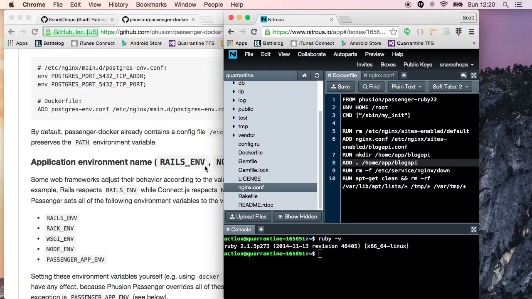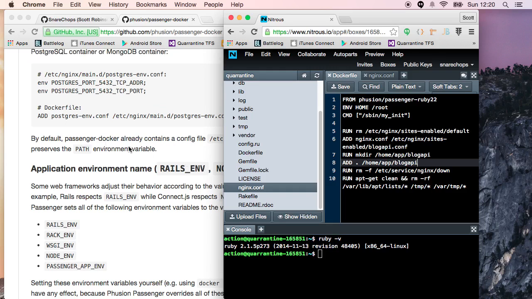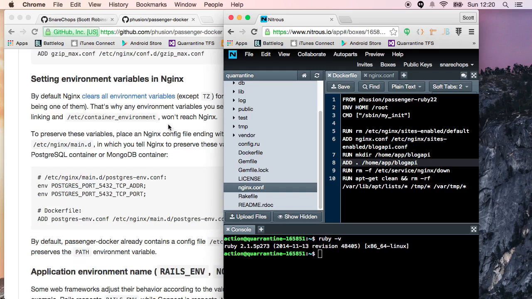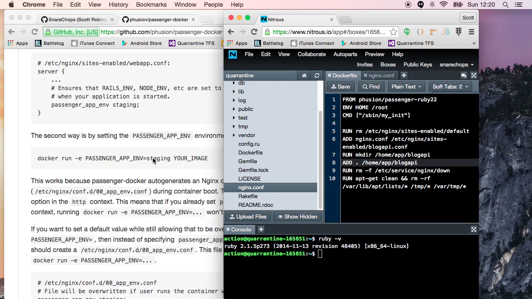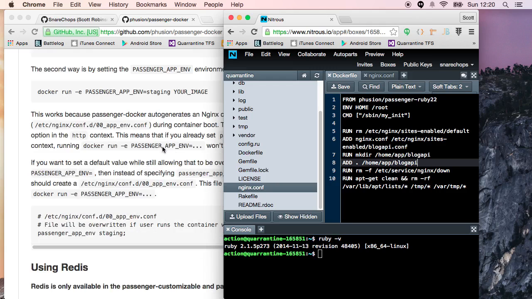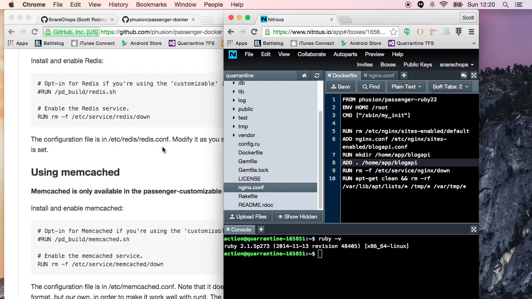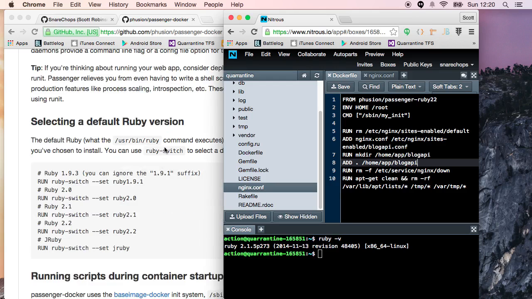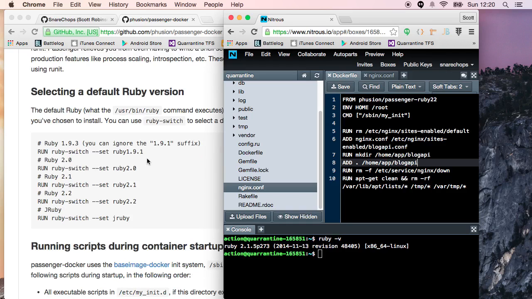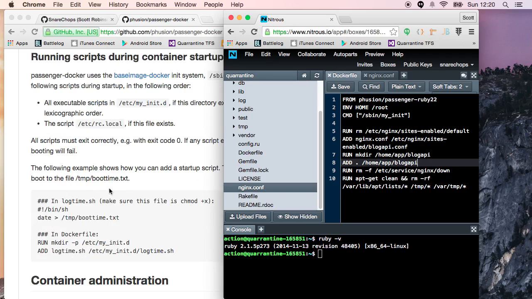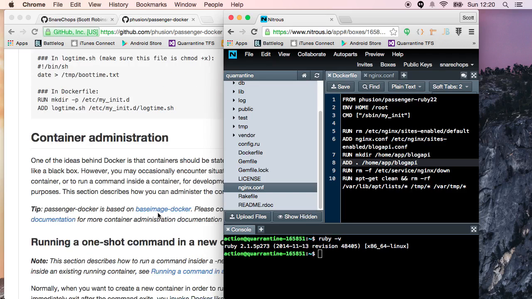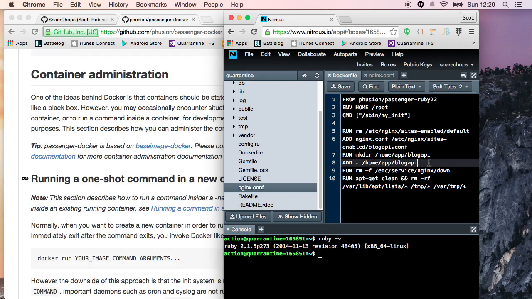Let's see, is there anything else that I specifically need? I'm not going to be using Postgres or a SQL database at the moment. Yeah, I believe that's all I need. Just making sure. Yeah, I think that's really all I need. But I do need to run